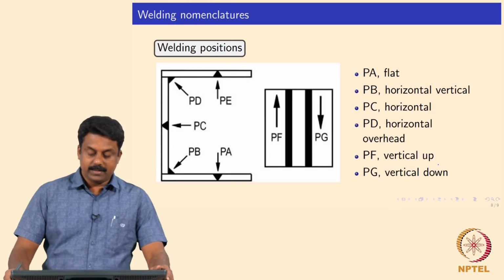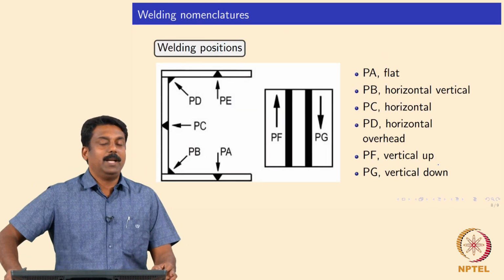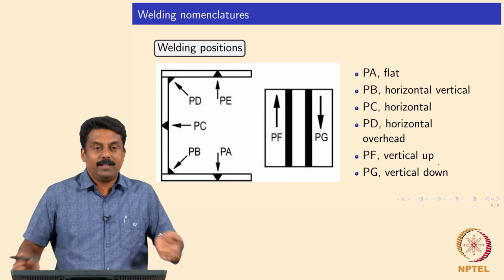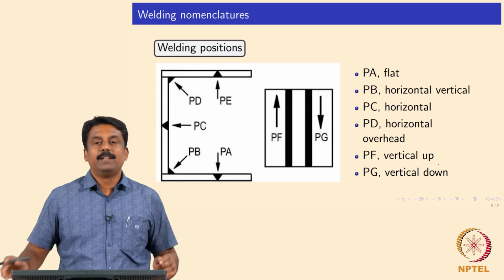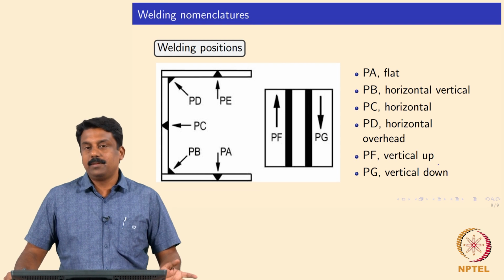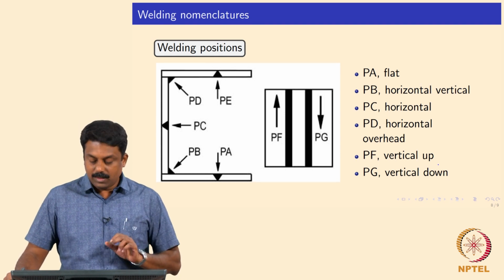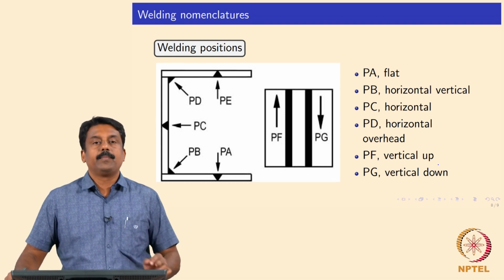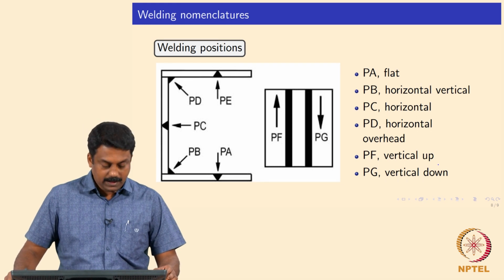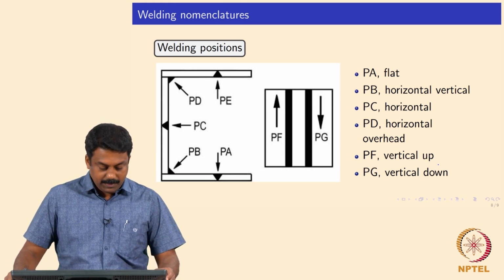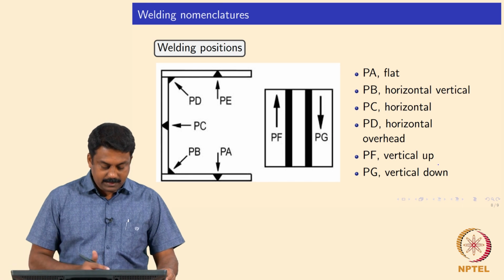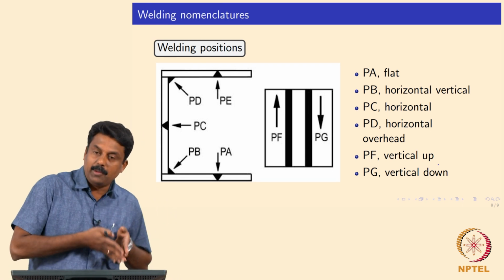And then welding positions. How do you weld? You can either weld it in down hand, up hand, or side, and we define welding positions in two terminologies. This is more of a layman term for welding positions. You can look at it by looking at the picture. For example, PA is a simple flat weld. You do it in a complete down hand.